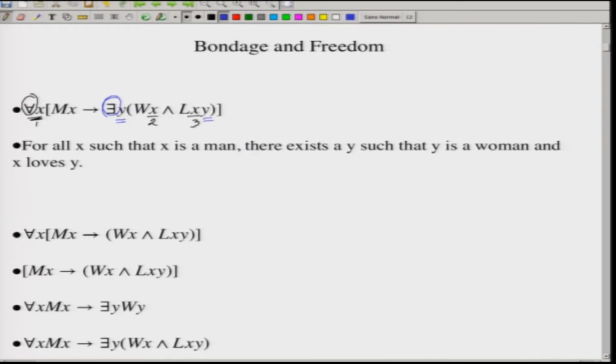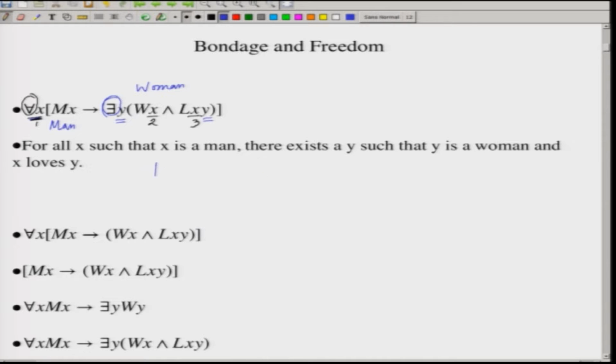Now, what does this mean? Let us roughly say that M stands for man and W stands for woman. Then this means, for all x, if x is a man, then there exists some y, at least one y, such that y is a woman and x loves y, which precisely means